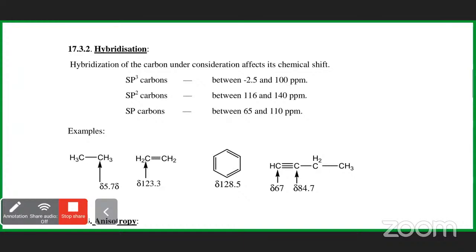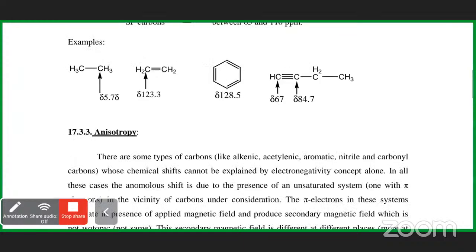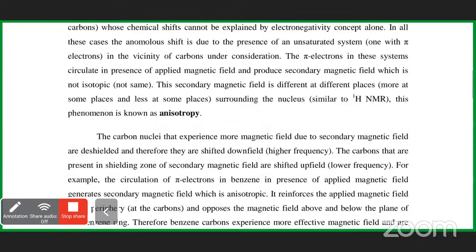Next, isomeric effect. Here is a compound that is unsaturated, where it is involved in delocalization. So due to delocalization, the particular carbon is directly attached to the